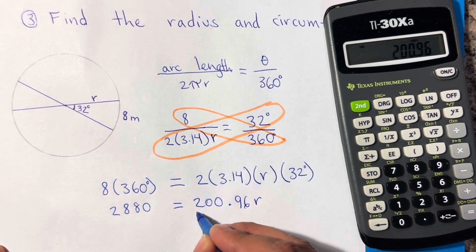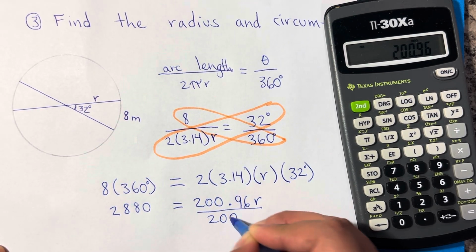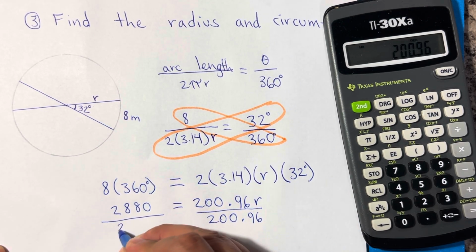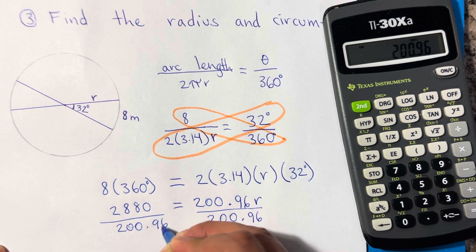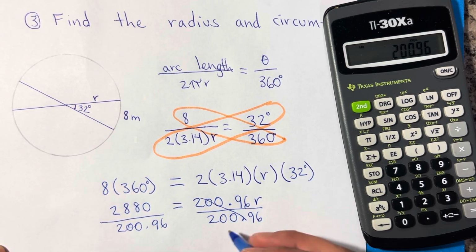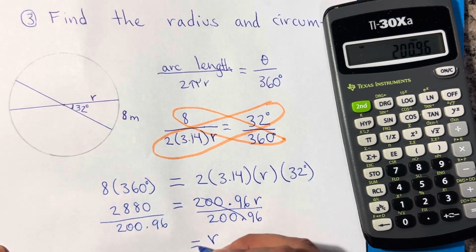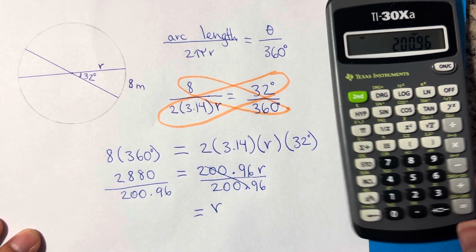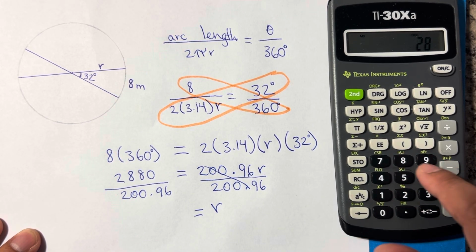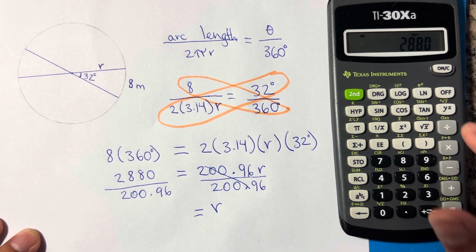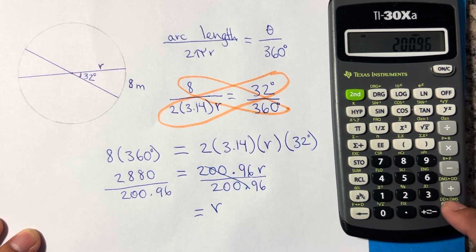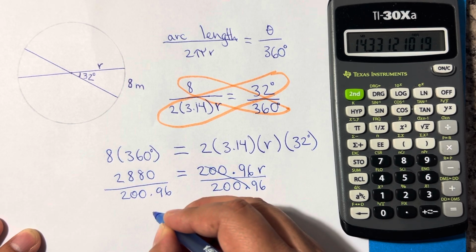Finally, if we're multiplying, the opposite of multiplication is division, so we divide by 200.96 on both sides. This cancels and we just have r, which is the radius, equals 2880 divided by 200.96, and that's